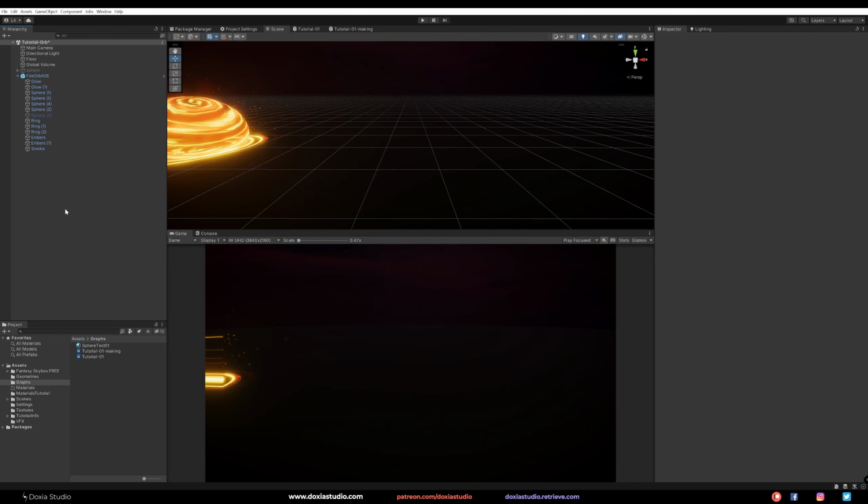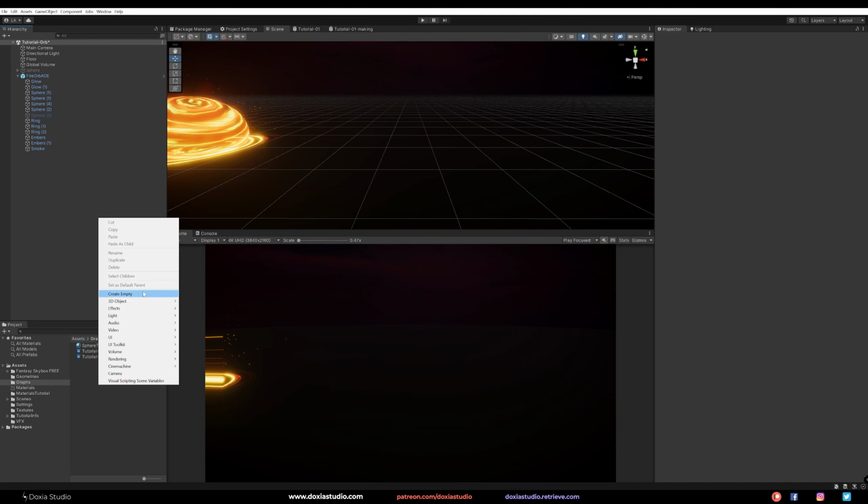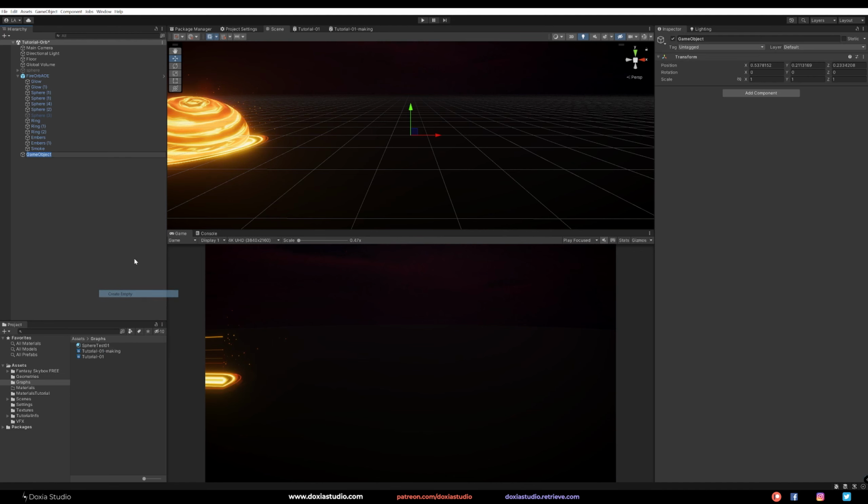To create an effect, and because I hope you are using this knowledge in your game, you know when you spawn an effect, you normally use your mouse click or something, and when you click, it gets the floor position or the character position and emits the effect on that point. So to start, I would like to create a game object. Let's go with the fire orb tutorial VFX, and reset this position. This is a reset transform, and now we are going to create all the effects inside.